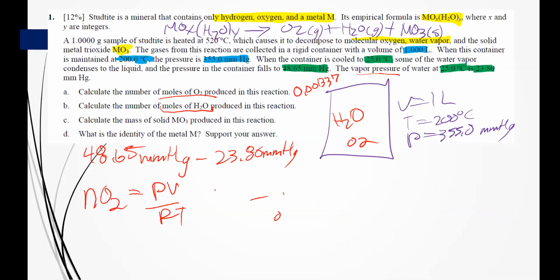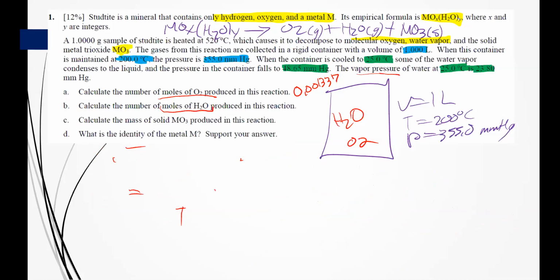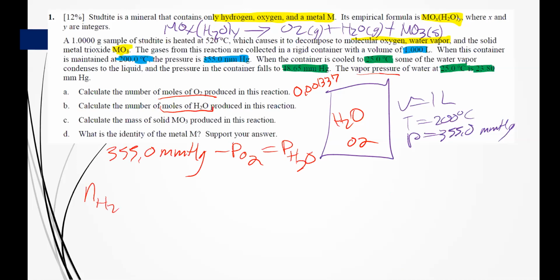We're looking at our pressure of our oxygen plus the pressure of the water. And now instead of being 48.65, it's going to add up to 355. Now I want to subtract the pressure of my oxygen, so then I can find the pressure of my water,